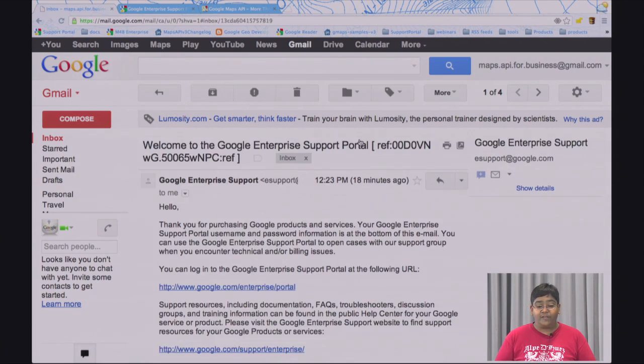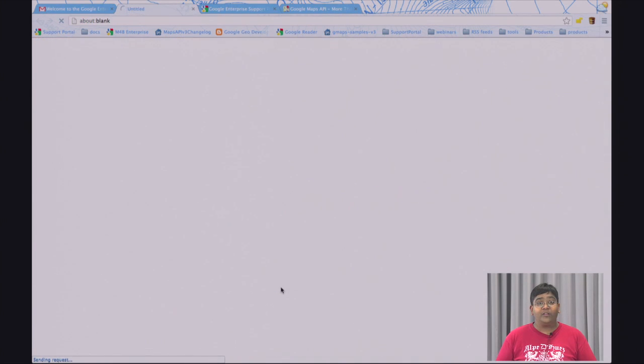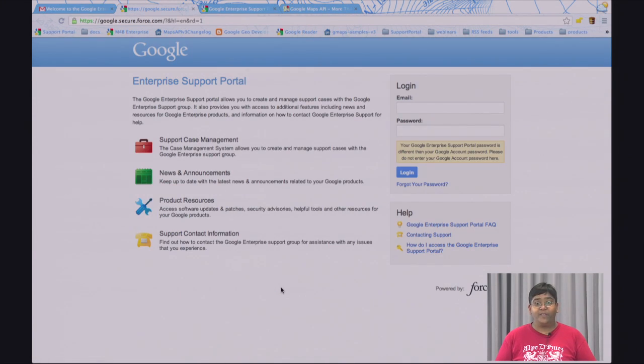And your credentials to that portal come in a separate email, and it looks like this. Welcome to the Google Enterprise Support Portal, and a big long reference string. You can see here that there is a URL for you to log into, www.google.com/enterprise/portal. And we're going to go ahead and go there. You'll also notice, if you're very observant, that there's a redirect there,